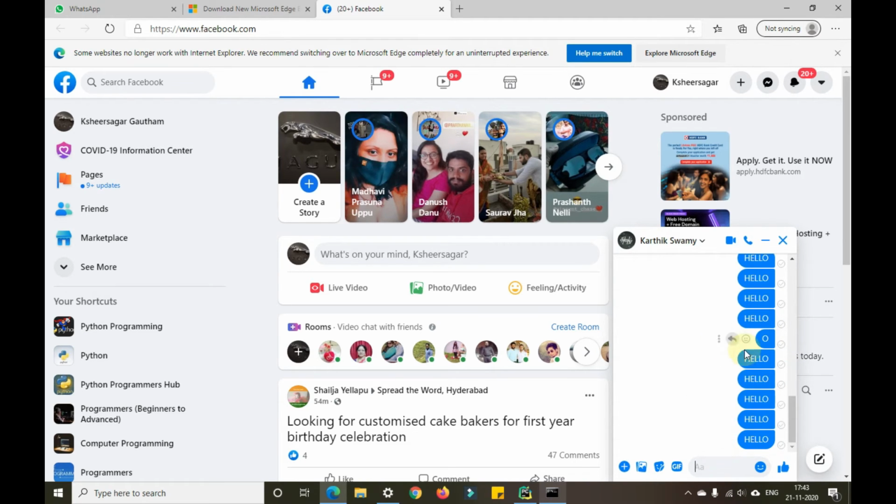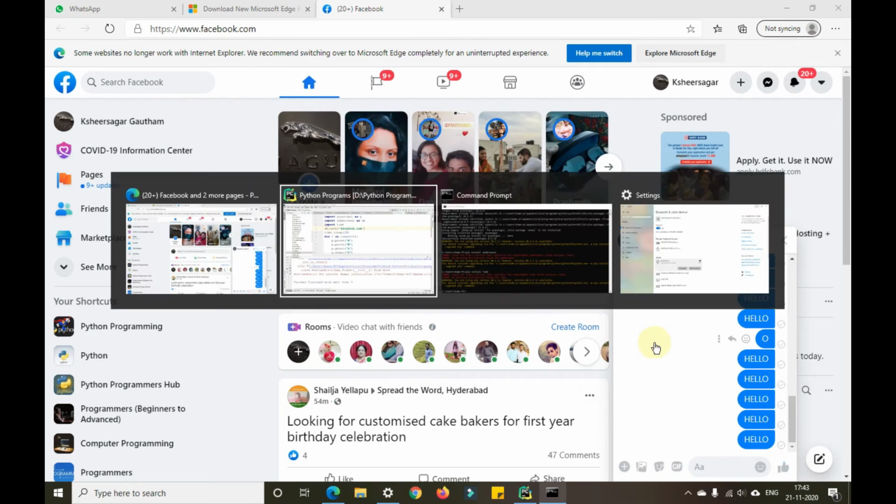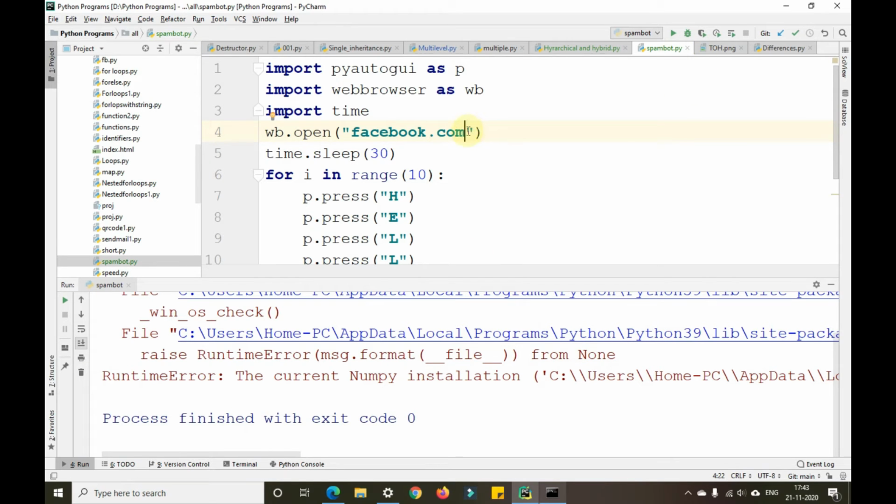Okay, guys. Similarly, we can use this for Instagram as well. So let me show you for Instagram as well. When I change this to more than 10 times, it will automatically spam that many times there. So for example, I'll take 100 here and I'll open Instagram.com there.